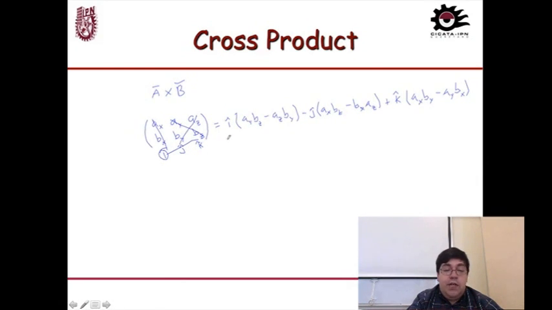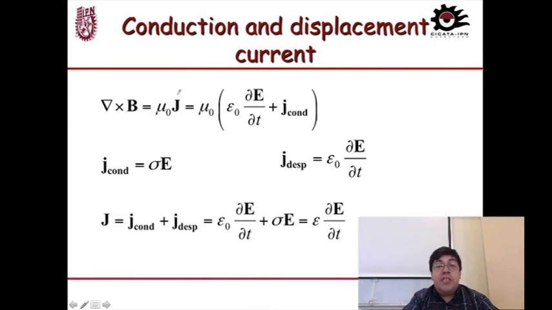And I do it similarly for the other three columns. And this is going to be a very useful tool when we want to calculate things like the cross product of the velocity vector and the magnetic field vector. Once we know the expression for the velocity, we can plug it into the definition of the current density,